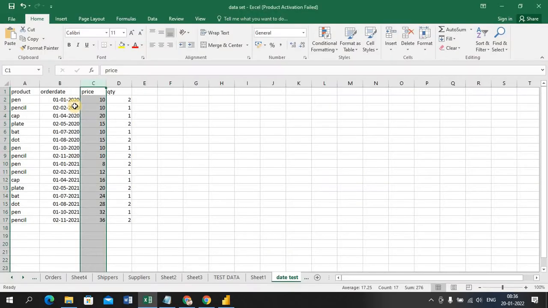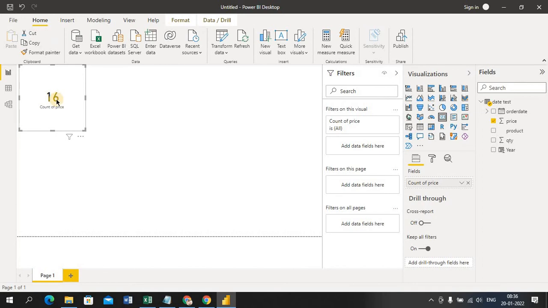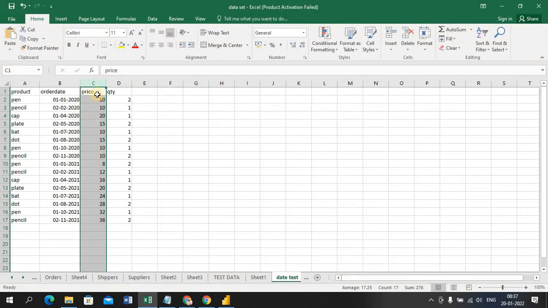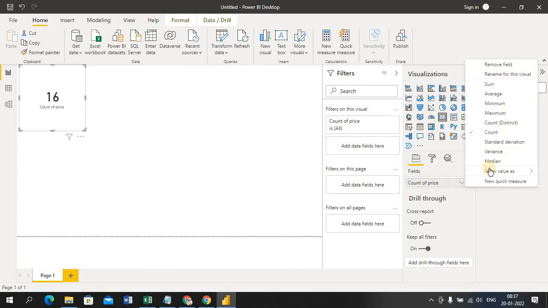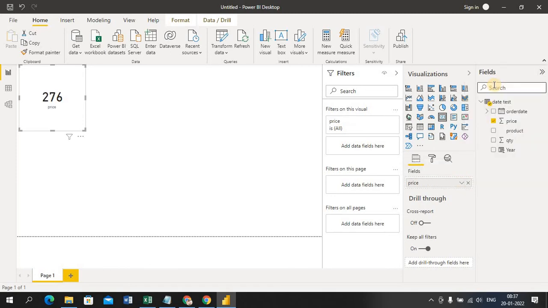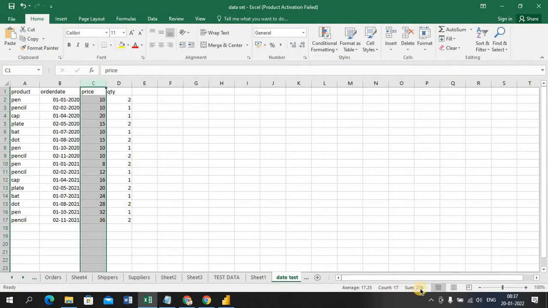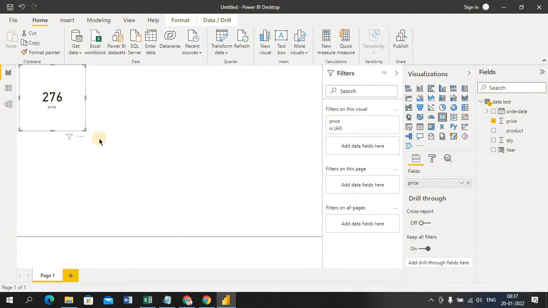So if I go and see, what is the count for this, 17, what is the count for here, 16. So why? Because here along with this price it's giving the count, okay. Along with this column header it's giving the count, but the Power BI giving only for these numbers, okay. Hope this is clear. Now the 16 is my count, but I don't want the 16 count, I want sum of my price, okay. Again go and select here, you can select sum, fine. My sales are 276, you can see my sales are 276. Here also matching, here also matching, guys.